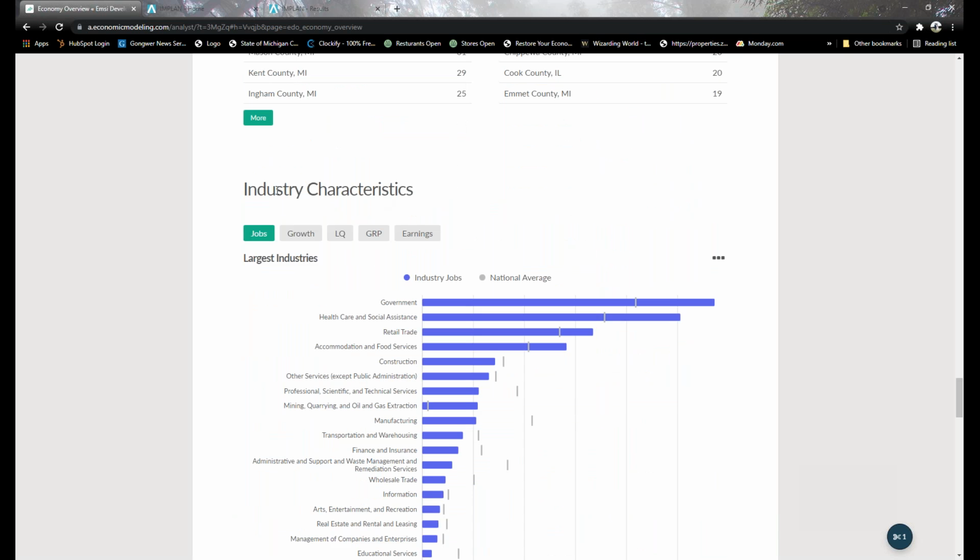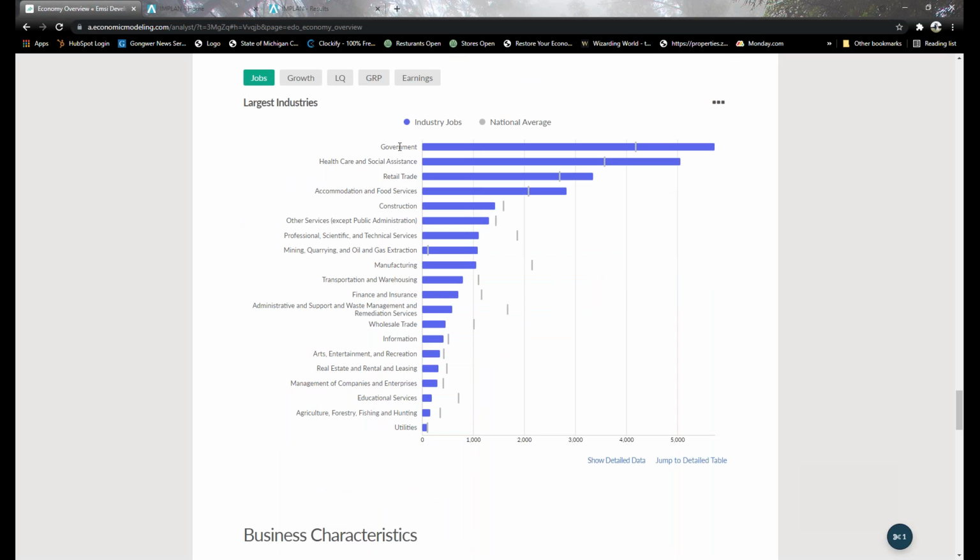Industry characteristics. This I like because if you sit down and do this with me, we can get more into the nitty-gritty of what this data is. So for instance, you have construction. That's pretty general, but if we sit down and break it down further together, we can see what is in construction, the manufacturing jobs in construction, the growth that comes from those, the national averages. There's just so much data that can be pulled from this tool.